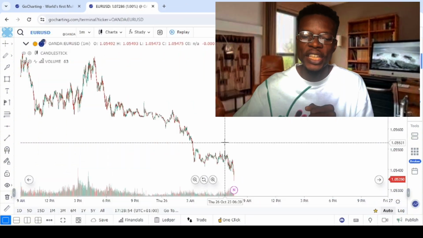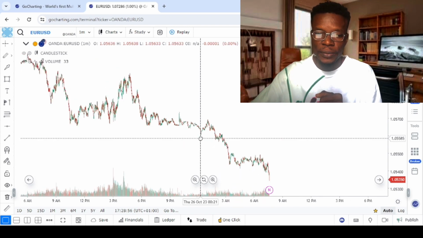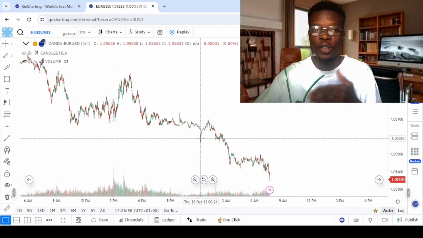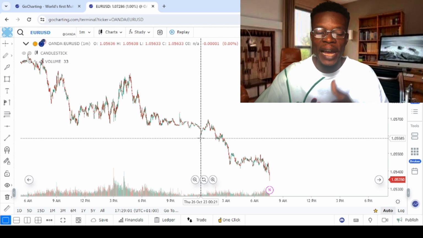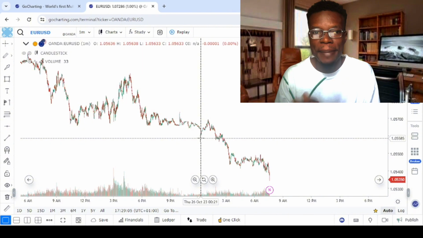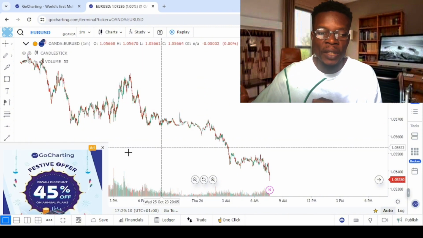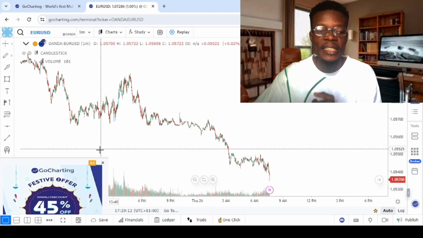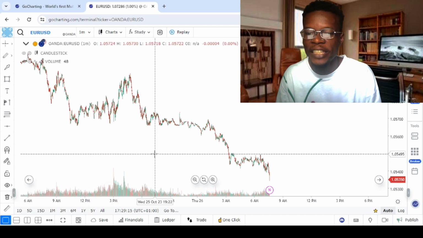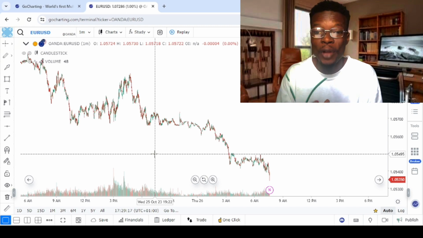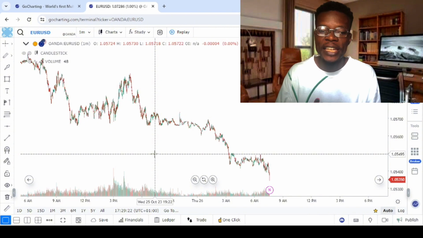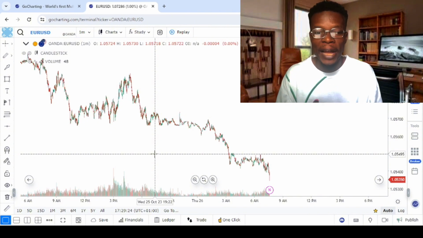Now the first thing we will do is to try to identify the trend. This is one of the most important things that you need to pay attention to. So the trend is understanding the current market condition. Who is in charge of the current market condition? Is it the buyers or is it the sellers? Now, if you have identified the trend, then you can look for a potential entry of how you can enter into a trade